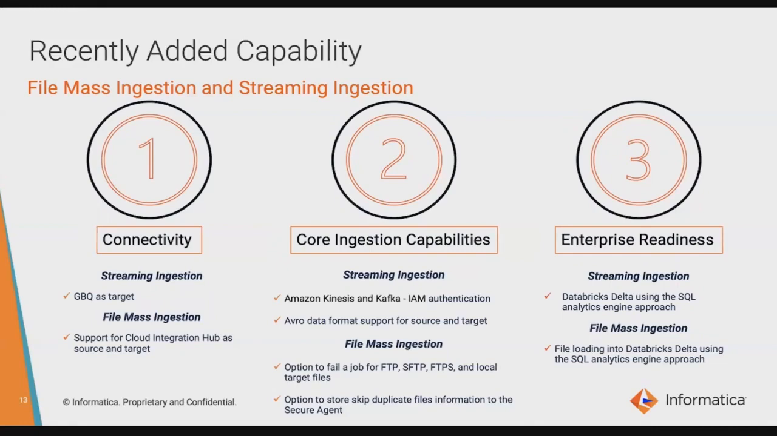So this capability has been added for file mass ingestion as well. You can see over here, I mentioned it. Now, moving on to file mass ingestion. To enhance connectivity, we have introduced Cloud Integration Hub as source and target. Cloud Integration Hub is Informatica's offering, which uses modern publish-subscribe patterns to seamlessly connect hundreds of supported cloud and on-premises systems. We have also added options to fail a job for FTP, SFTP, FTPS, and local target files,